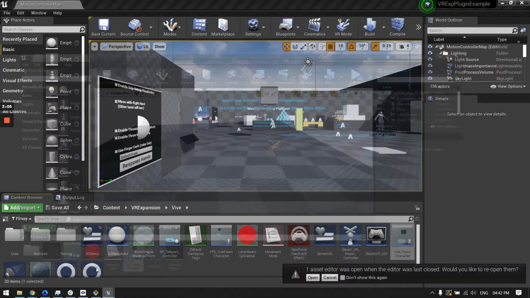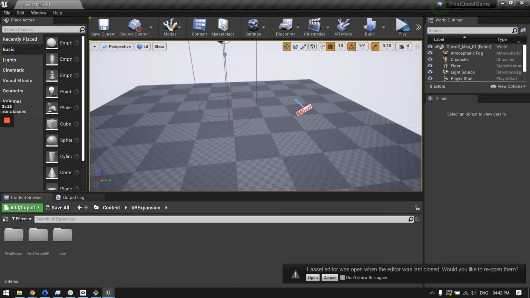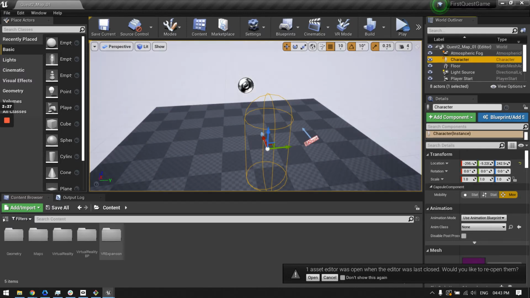If I just use this pawn character right now, you'll see things will still be broken. Nevertheless, let's give it a shot. So I'll go back, and inside, where was it? Should be able to track it down from here as well.